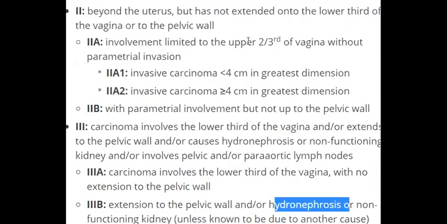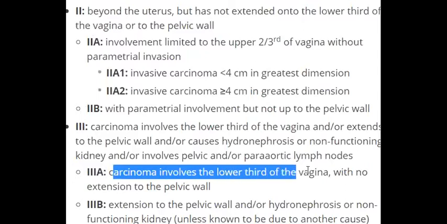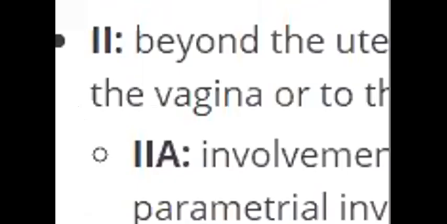The A is denoting the extension to the upper 2/3 of the vagina, either in 2 or 3. Okay, so if it is limited, it will be 2A. If not limited and extends to the lower third of the vagina, it will be 3A. I wish that you enjoyed it. Anyway, I know it's difficult and you can revise it again, but at least know the difference between 3 and 2 in B, the most important for the exam and practice. Okay, let's go.